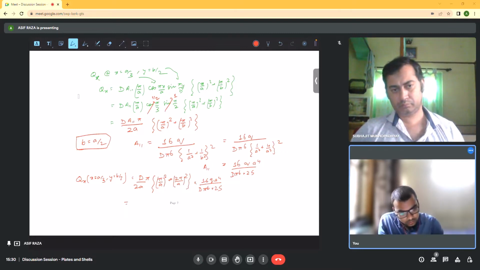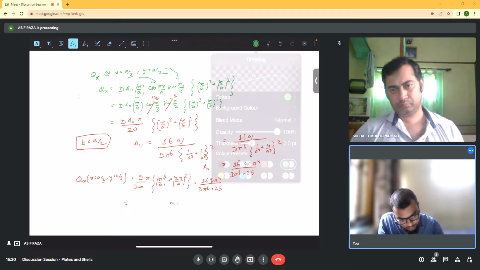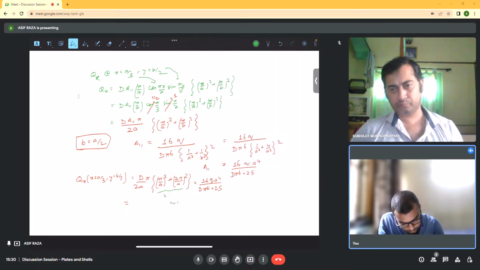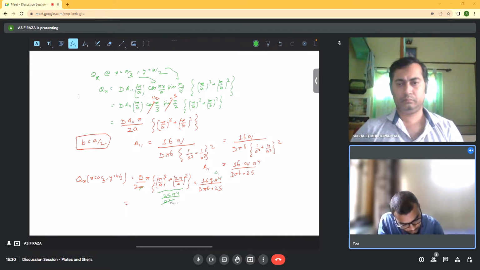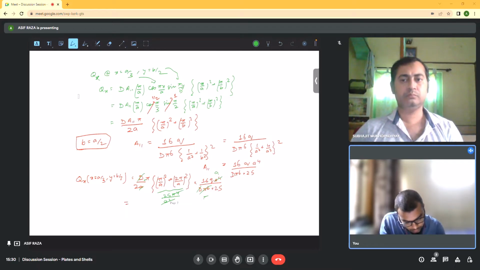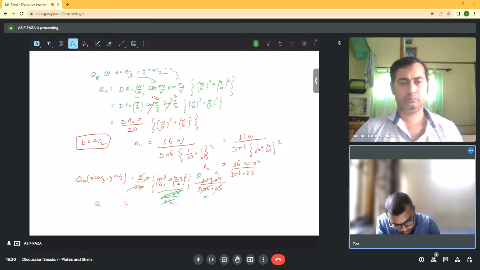Here we get 5 π by 4 a square. So a square will cancel out, so this will be finally a. D will cancel out. We have π, this remaining π, and 25 cancels this, and 2, and this is 8. So finally we have the Qx value as